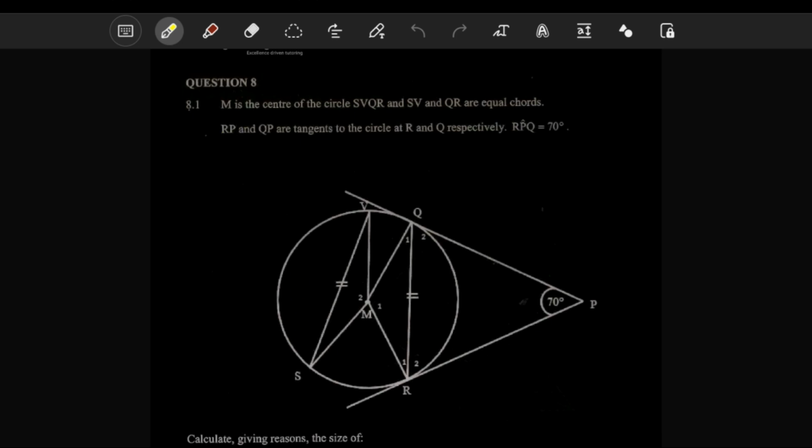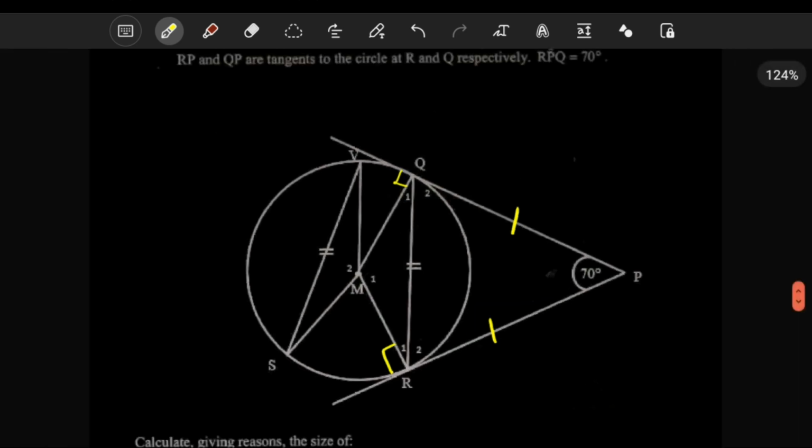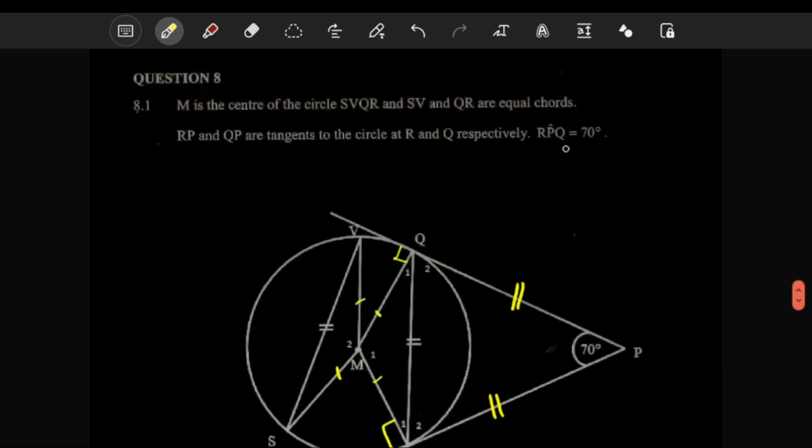And then here they're telling us that PR is a tangent, and then QP is a tangent. So remember, tangents from the same point are equal to each other. And then also the angle between the tangent and the radius is 90. So this is 90 and this is 90. See, that will come in handy. This is just the radius of a circle. That may come in handy too. So let me make these 2 lines so that it doesn't show as though they're all equal to each other. Anyways, all this being given,